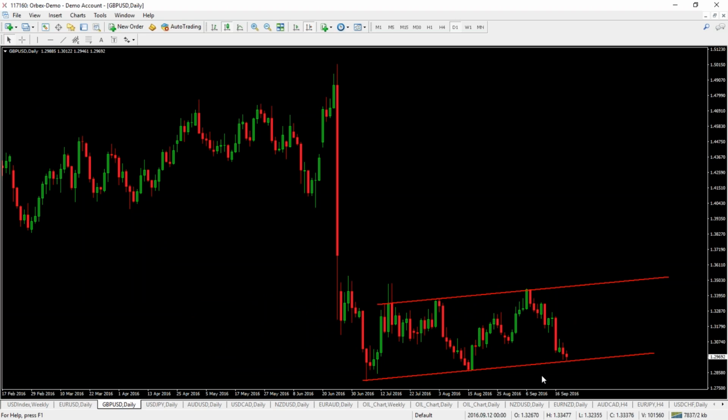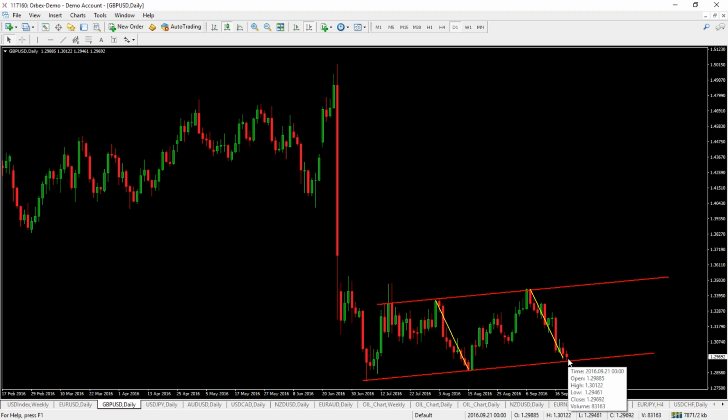Okay, and sterling, you can see that following the September Bank of England meeting, which saw the bank indicating the likelihood of further easing in November if the November forecasts are in line with August forecasts. On the back of that meeting, we have in fact seen sterling sell off quite sharply and trade all the way down into the bottom of this corrective bullish channel, which is where price is currently stalled. Now you can see that we also have some really clear symmetry support at this level with these two swings of equal length.